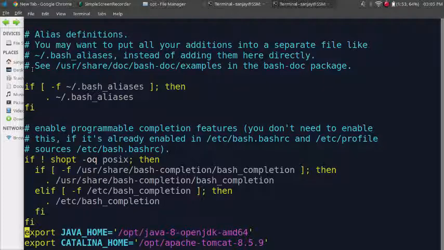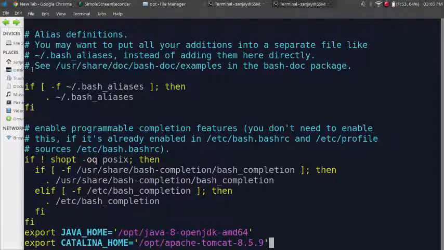So the environment variables: export JAVA_HOME is equal to /opt/ followed by the name of the Java folder, and export CATALINA_HOME. This is required for JSP and Servlet. The Catalina home path is required, and these are the environment variables set, and these changes are done in .bashrc.